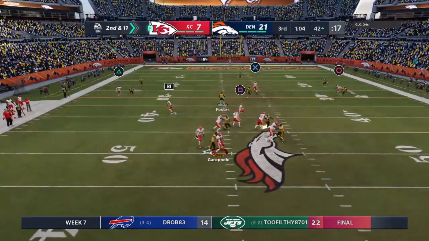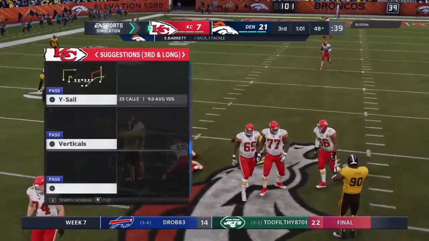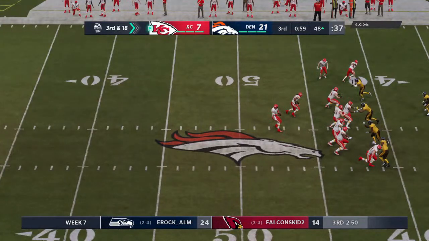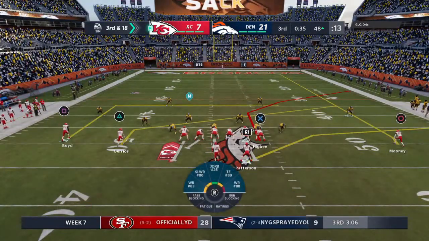A shotgun snap for Garoppolo. And the Broncos get there and take him down. That's Shaq Barrett, last year's sack leader, gets in there to register another one. Enough takes to start to have a good drive. Quite like a big loss on a sack, does it? Now